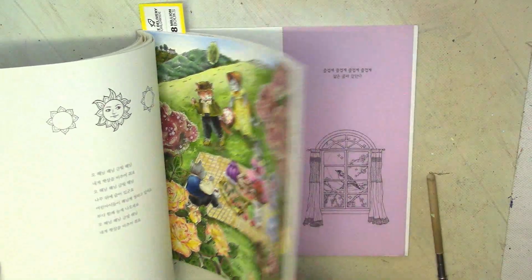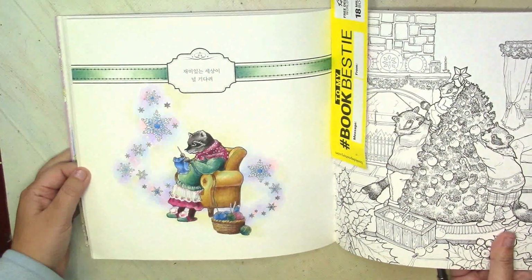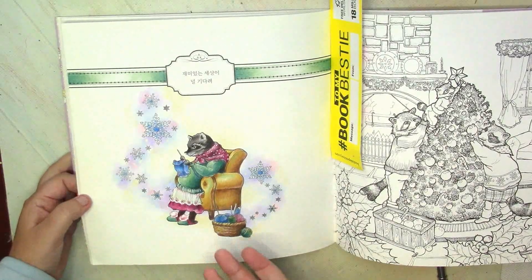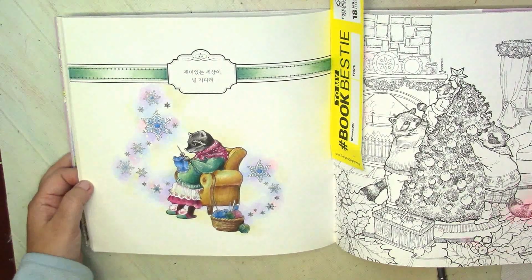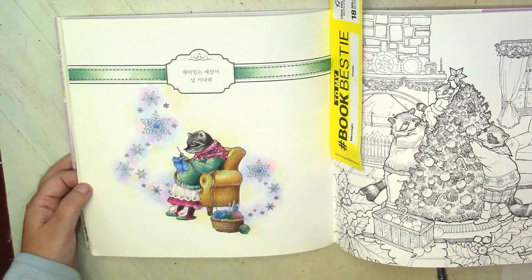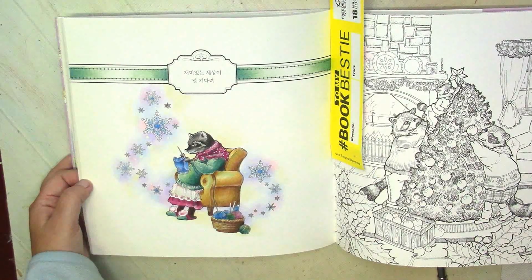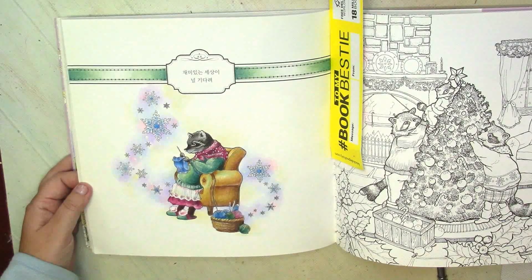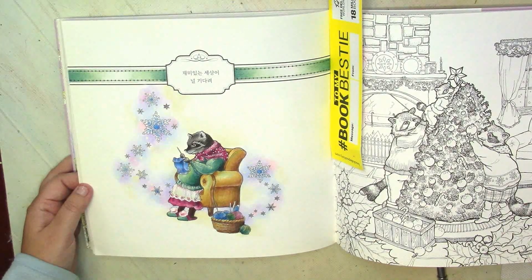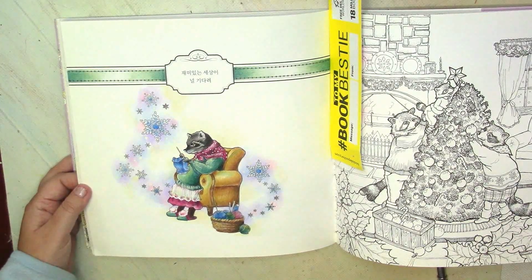When I grabbed this book next time, I did another stupid thing. Here I did a very small picture. It could be done very quickly if you select the right pencils, but here I grabbed Mitsubishi Uni pencils which I have had for several years, and for these pencils I still can't find the right kind of paper. Maybe paper with more tooth may be better for them, but still their blending, for me, is something awful. They are very vibrant, they have amazing colors, but for me they are so waxy that I totally